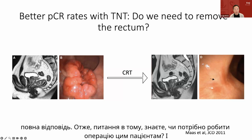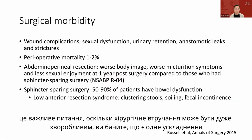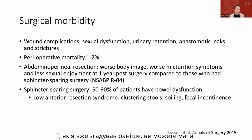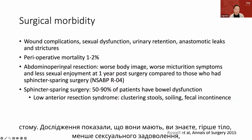So the question is, do you have to do surgery in these patients? And it's an important question because surgery can be very morbid. You can see there's wound complications, impact on sexual function, urinary function. Like I mentioned previously, you can have anastomotic leaks, you can have strictures, and it's not an insignificant mortality risk with surgery. And also for the patients who have to have APRs, where they have a permanent ostomy, studies have shown they have worse body image, less sexual enjoyment,